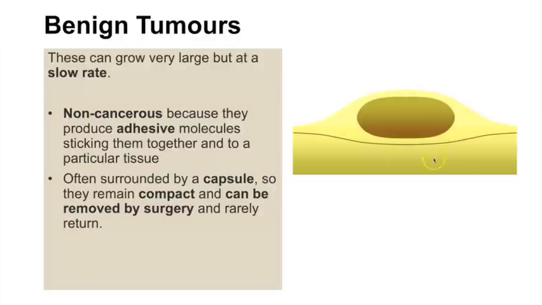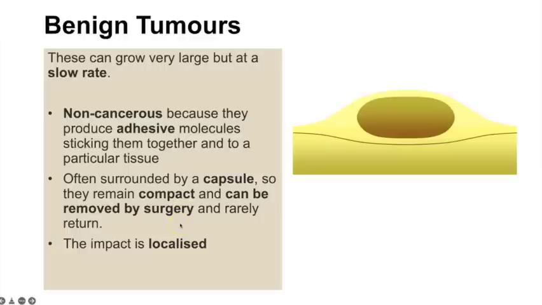It's also in a capsule as well, which means that these cells that are having this uncontrolled mitosis, they're not able to break off and spread to other parts of the body. And therefore, if surgery can be conducted on the part of the body that the tumour is located, you may be able to cut out and remove that entire encapsulated tumour, and then it'd be very rare that the tumour